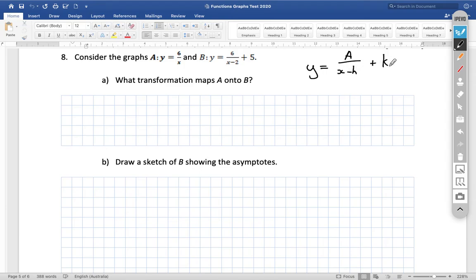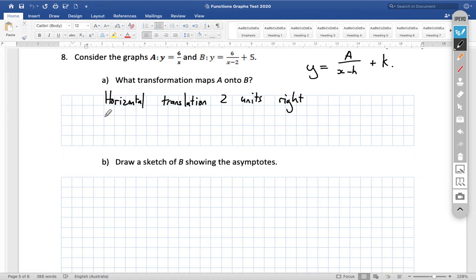So in your booklets, they talk about that. We've done this in class. The way you could describe it, there is a horizontal translation. Translation is the word we use for moving left and right, up and down. So it's a translation, that's a type of transformation, as opposed to a reflection or a different kind. So it's a horizontal translation 2 units to the right,